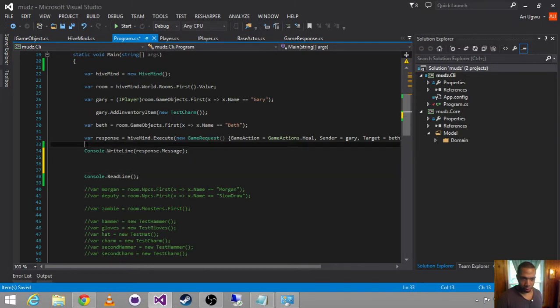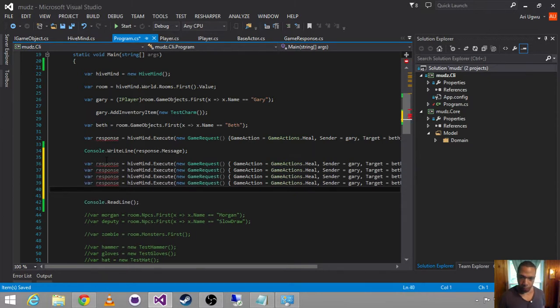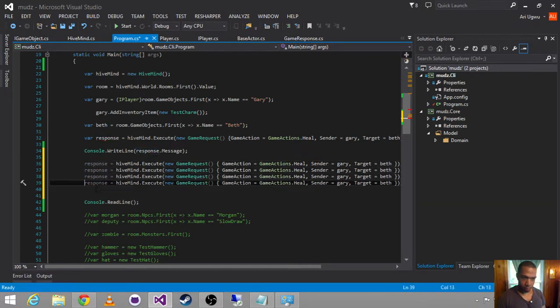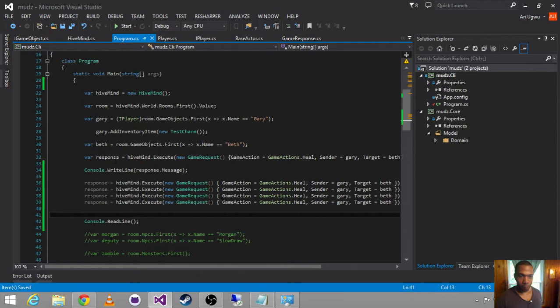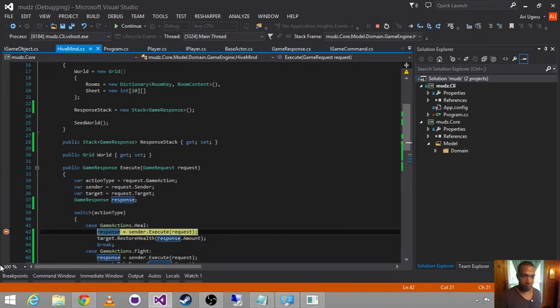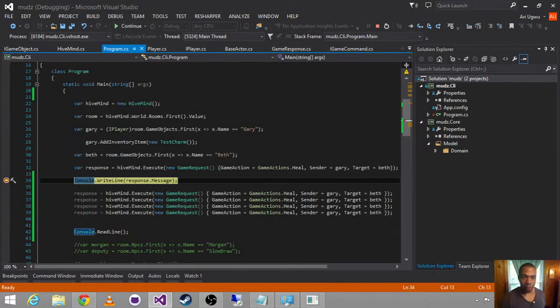But then let's just copy that a few times. 1, 2, 3, 4. And then we'll readline. Okay. So if we put a little breakpoint there and we run it, let's remove that breakpoint and continue. Okay, so we executed a command, and if we now go and we